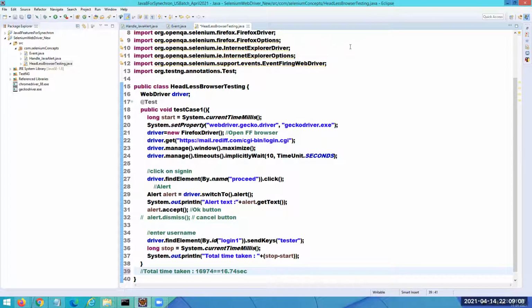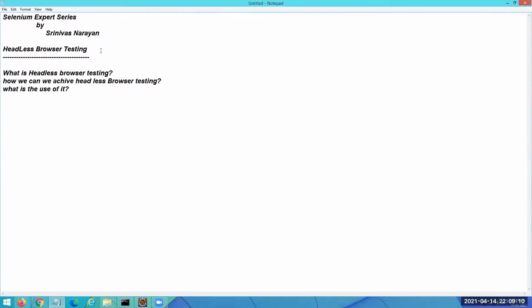So guys, if that is the case, you can go ahead and use the headless browser feature in Selenium. What is this headless browser testing? Without launching the browser, in the background, it's going to execute all the commands and give you the end results. If it executes everything in the background, it saves almost 40 to 60% of the execution time. That is the use of headless browser testing: it saves around 40 to 60% of the execution time. Guys, I'm going to prove that, so just keep on observing. Now, what is headless browser testing? You understood: executing the script without launching the browser.